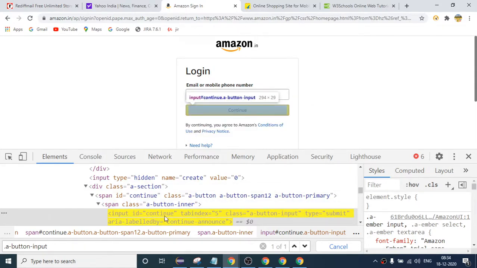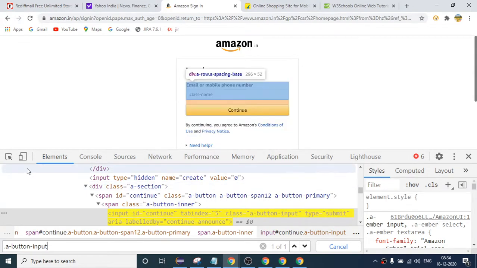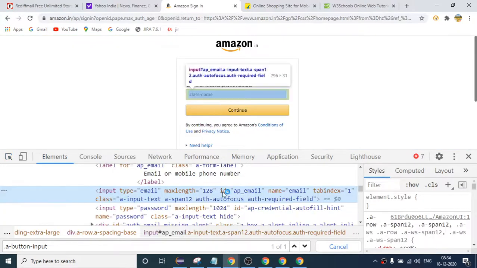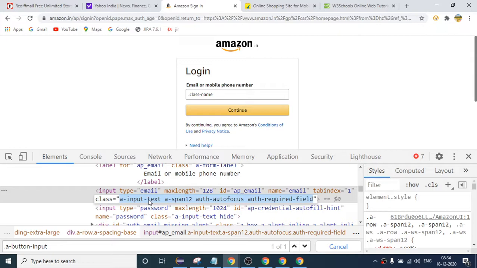If you know the class name, then you can use dot class name, and hash ID is one of the shortcuts. There is one more. If I show you, this is the class name. You can see class equals to this much big. So if I want to write one shortcut CSS for that, I can use dot class name.